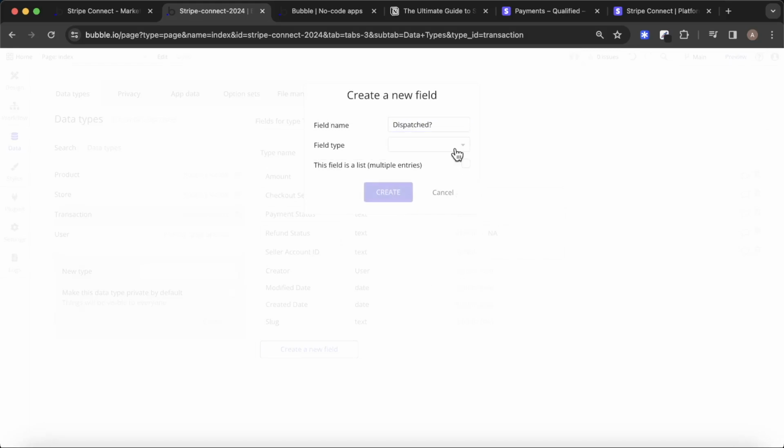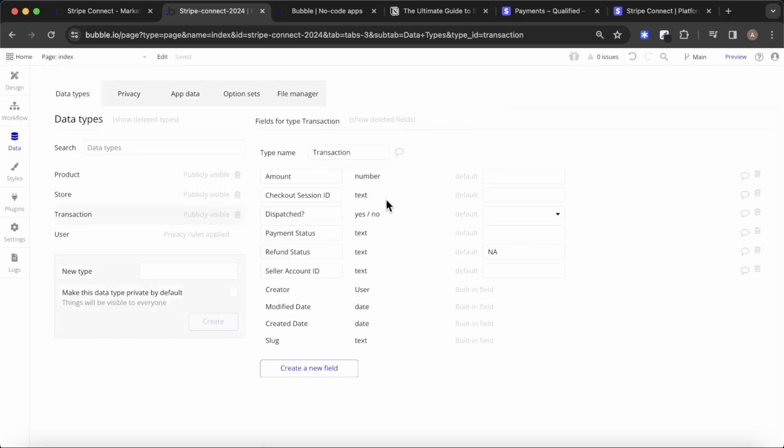And make it a yes or a no field. And the merchant is going to be able to indicate whether or not they've actually dispatched a good. By default, it's going to be no. We're then going to